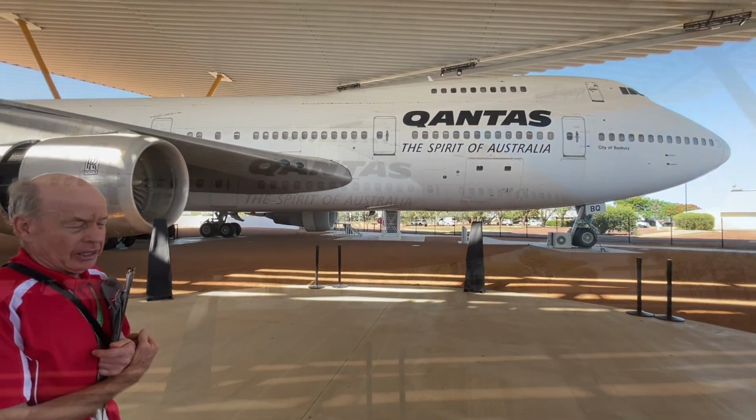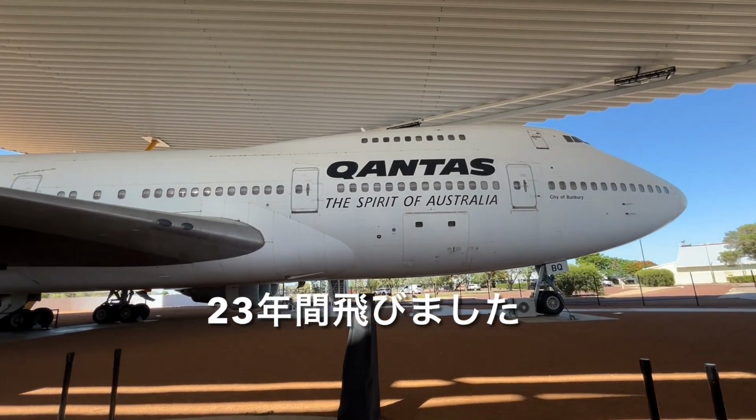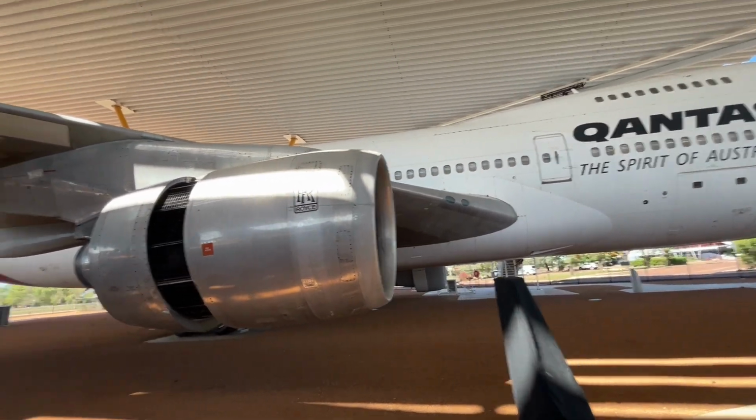The 747 Classic. It's even more commonly known as the Jumbo and even more affectionately known as the Queen of the Skies. It had actually flown for some 23 years, during which time it had actually carried